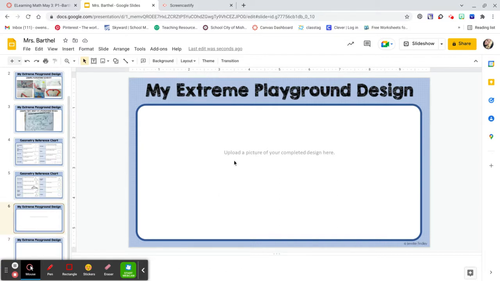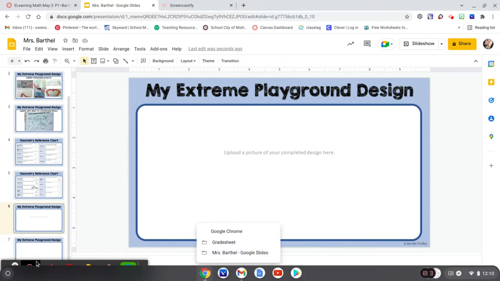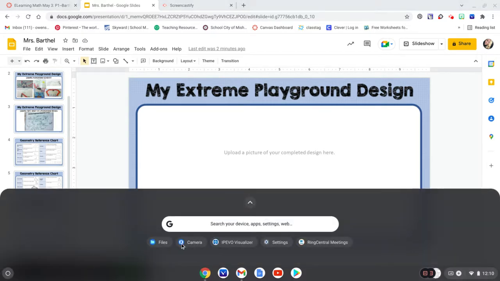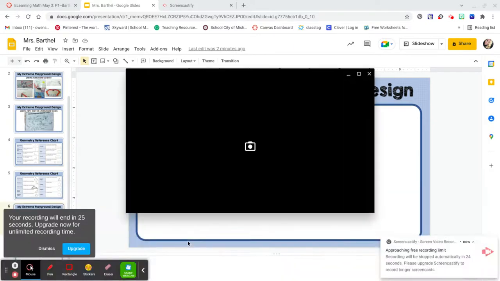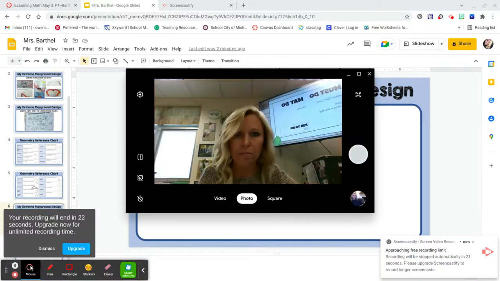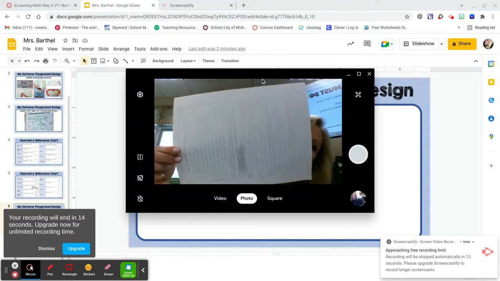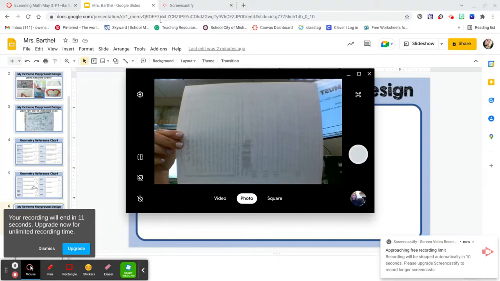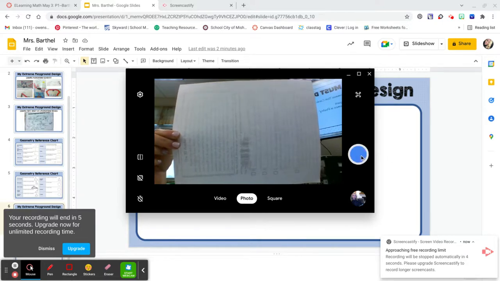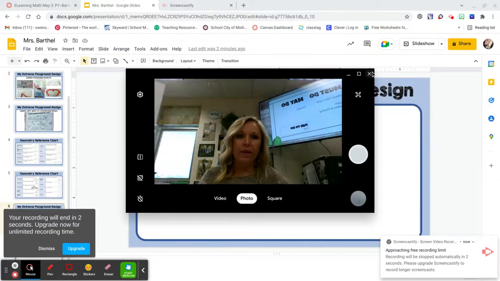It's just like the plain paper that we told you about, but here, if you'd like to, you can upload your own picture. So all you'd have to do is using your Chromebook's camera. Okay, you can click on this here and access your camera. If you don't see it down here, just click on that arrow. You can access your camera. Okay, and you're probably going to see me. Hi. Once you've done that and you take a picture, or you have your design, you can take a picture of your playground. Oh, hold on. And click. Okay. Then I can go ahead and close my